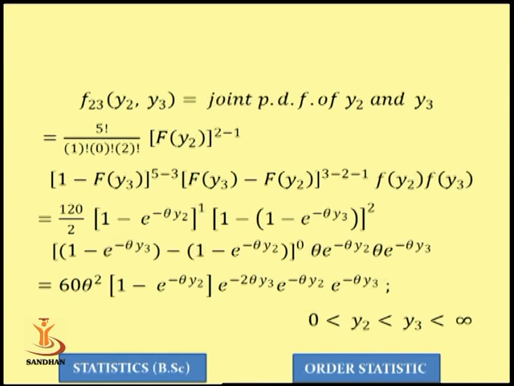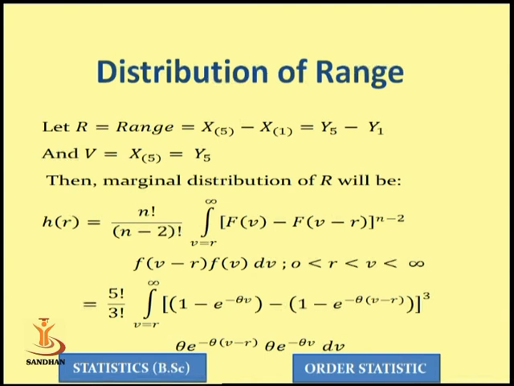By taking the range. And now finally the distribution of range that we have discussed in general. Now in particular with this example, the distribution of range. So here range will be, because we have 5 observations, x5 minus x1, the largest and the smallest, or you can say y5 minus y1, and we take as v